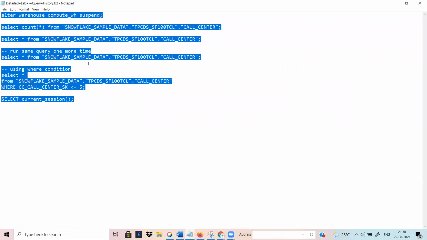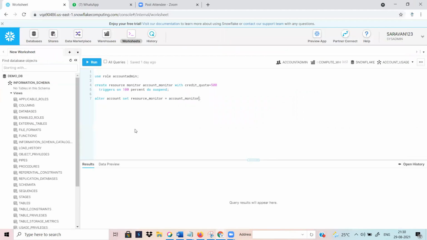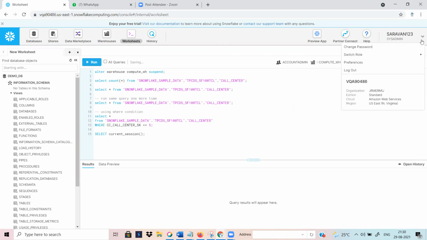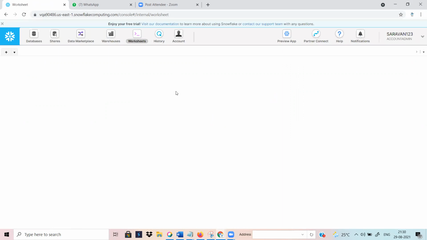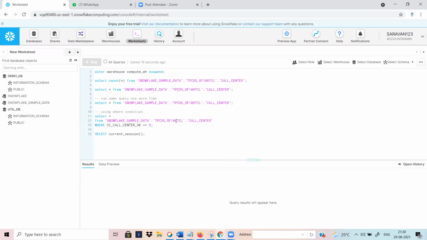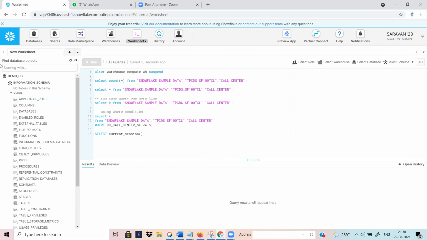Okay, can we copy this query? We can run that here. So you can switch from sysadmin to the account admin role. Generally, in the Snowflake portal, this area is the navigational panel. At the bottom there are two panels: one panel where you can write the query, and below it the data preview and result panel. You can see the data here.